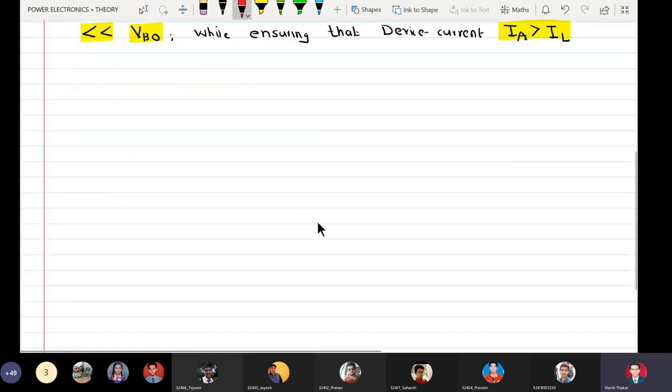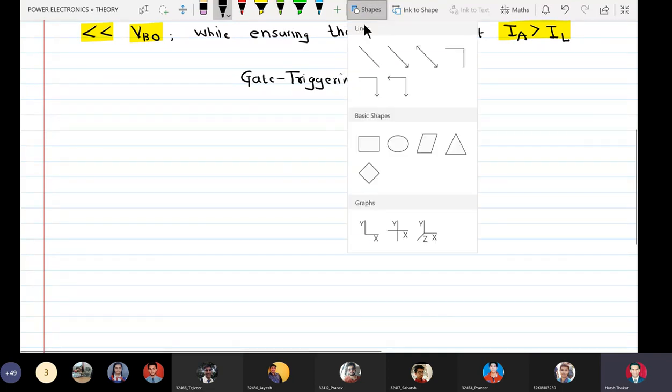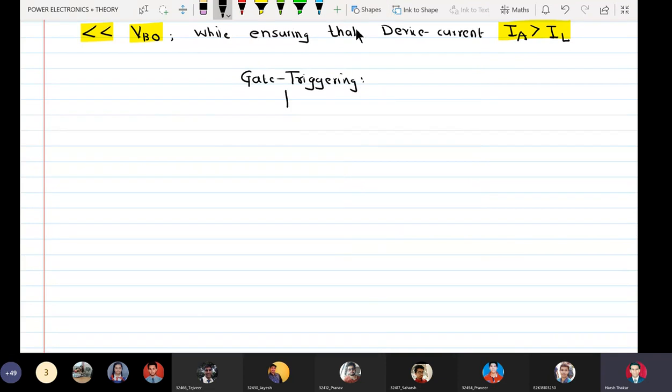So the types of gate triggering are three. Gate triggering can be classified into three. The first is called DC triggering. Second is called AC triggering.